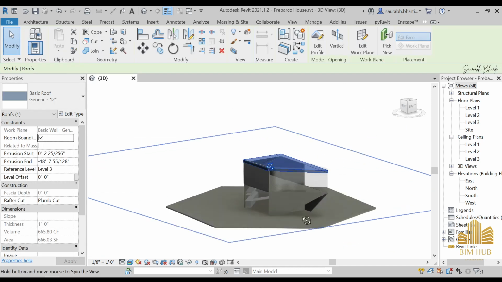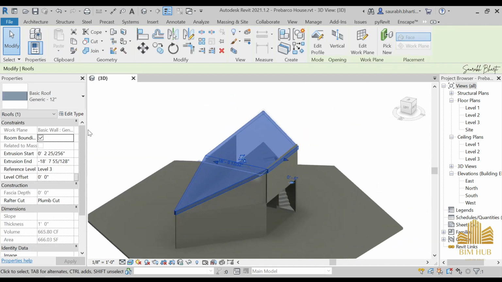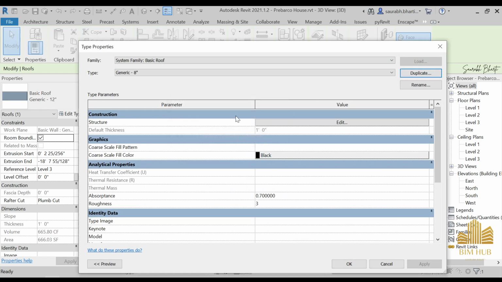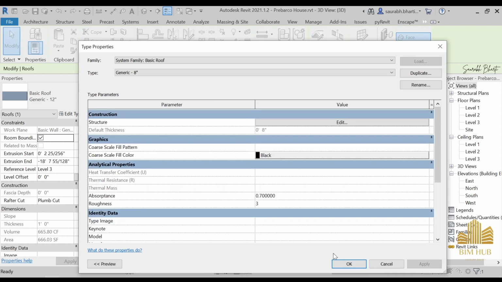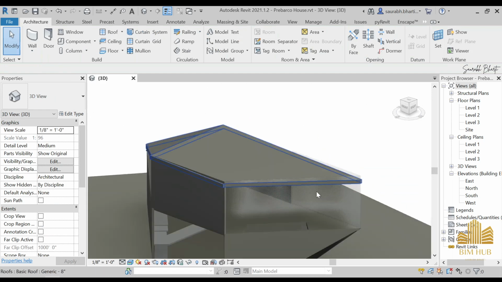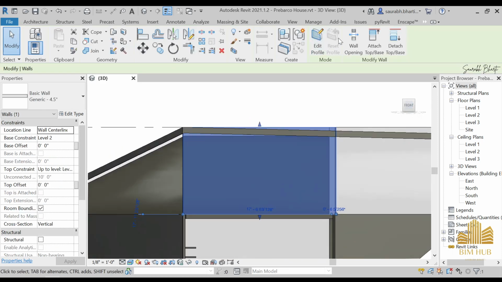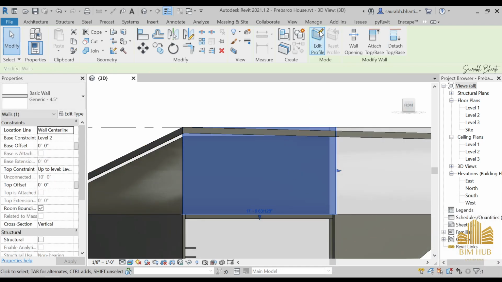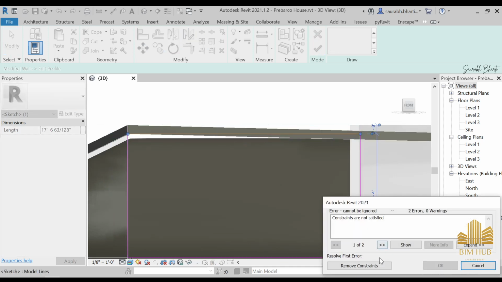Just press okay. Now what we can do is, first of all, reduce the size of this roof. So just go to edit type, duplicate it, and write its name as 8 inches. After that, go to edit type and make its thickness 8 inches, and okay, and okay, and done. So now we have this 8 inches wall. After that, we need to attach this wall that is going over this roof. So just select the wall, go to attach top base, and if this doesn't work, just select this one and put it down like this, and remove constraint,